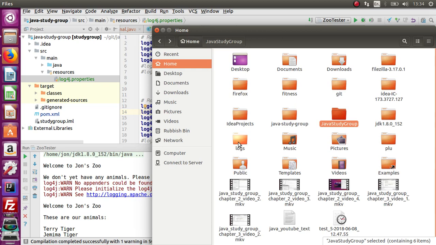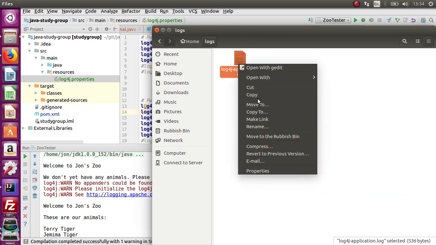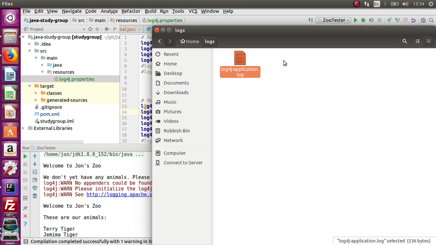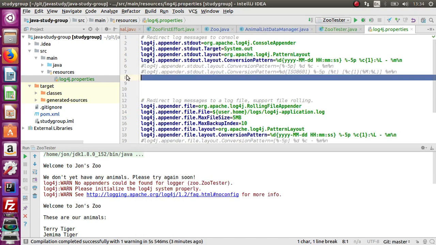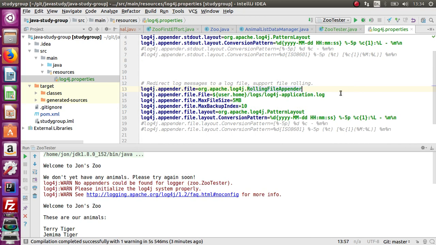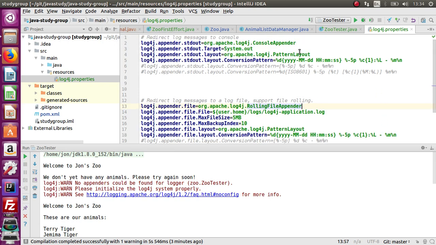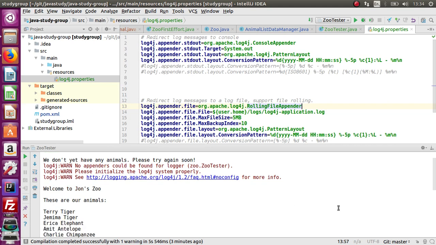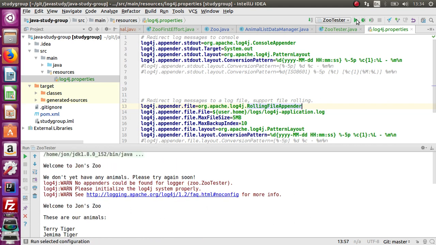There's the logs, yeah, just so that we can see what it looks like. So I'm saying put that file in this location and call it this. Of course you can call it whatever you want. Once it gets to 5 meg, roll it and create a new one again. And again we've got a pattern structure which is exactly the same as that one. So if I save that, now if we run that again,